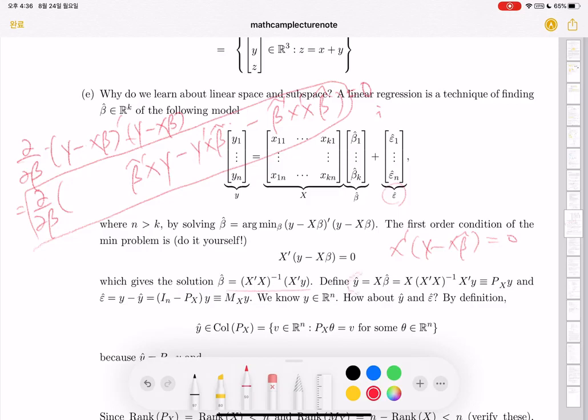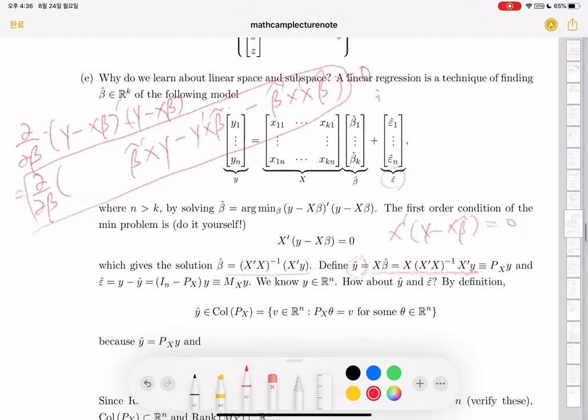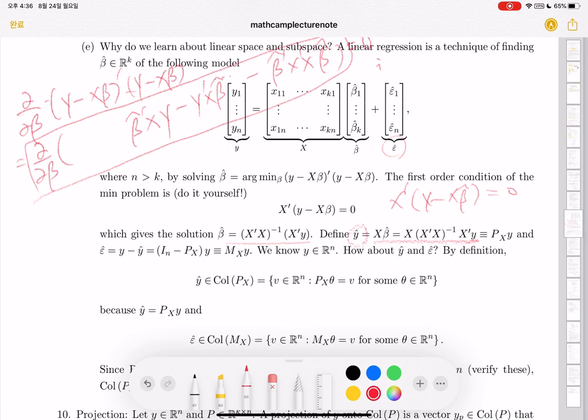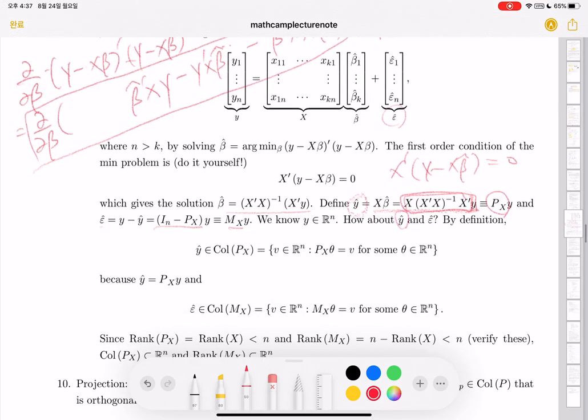So if you define y hat by this, and let's call this matrix P sub x, and this matrix M sub x, then your y hat is